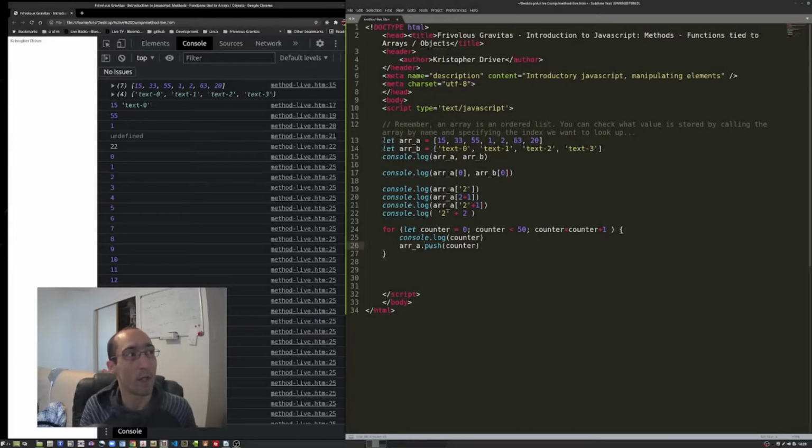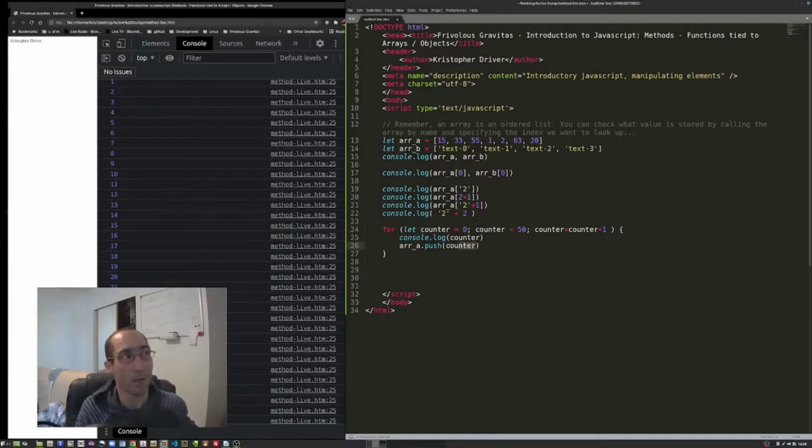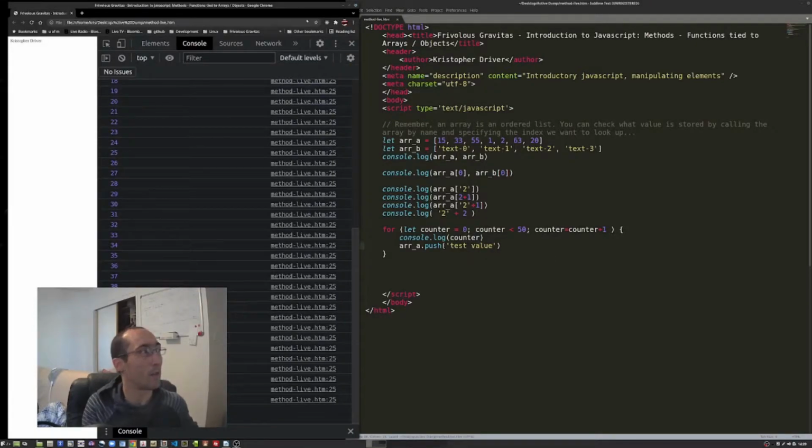This dot notation means that push is a function that's contained within the array. The reason we want to do this is because we want the push function to apply directly and specifically to this data object. We don't want it to apply to anything else outside of this array. We just want to push a value onto the array, and which array is it? Well, it's the one that we're calling the method from. Throwing counter in there is just a way to give it a different value. Technically you could just give it a test value or something like that, but that's going to be